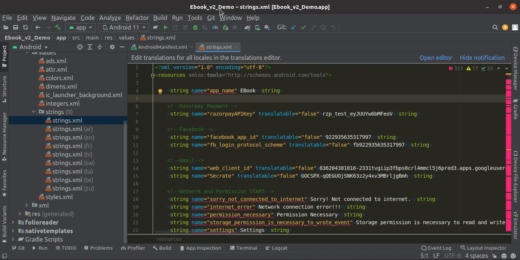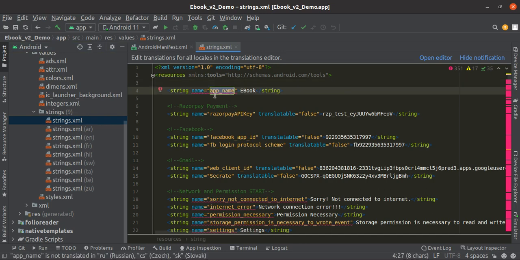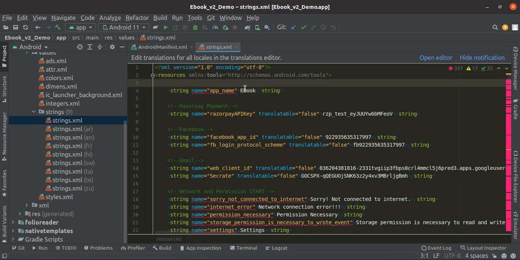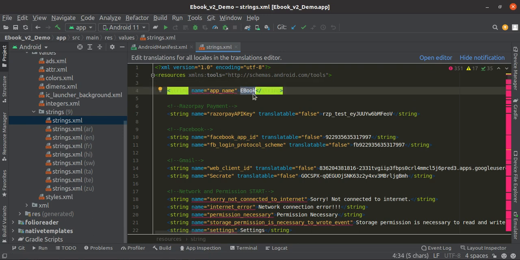Our ebook has different languages feature, so this is our first default string file. Here you can see this app name string, the value is ebook, so this is our app name.